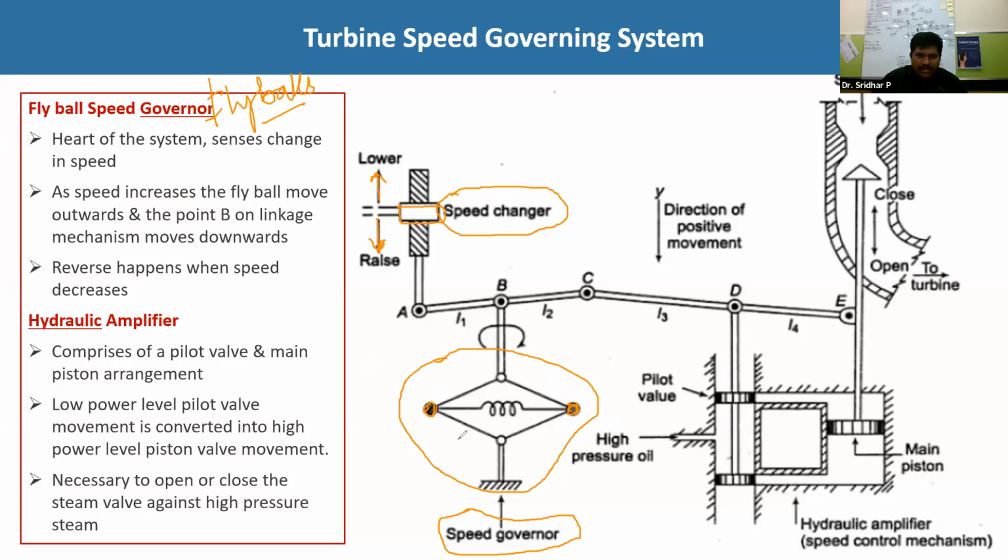Now these fly balls, how do they behave when the speed increases? This one will be pulled outwards, and this ball will also be pulled outwards. Whenever it rotates, see this spindle, there is one spindle here. With whatever speed it is rotating, the spindle also rotates with the same speed. Whenever that spindle rotates, the balls connected like this are automatically expelled, or drawn outward.